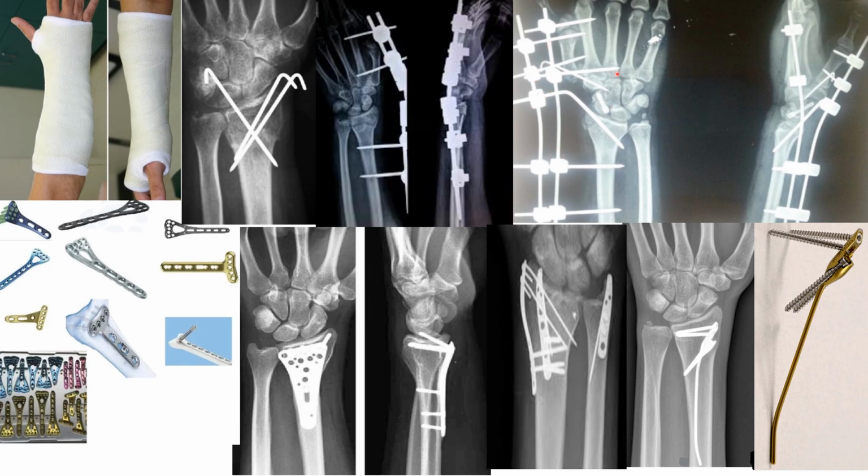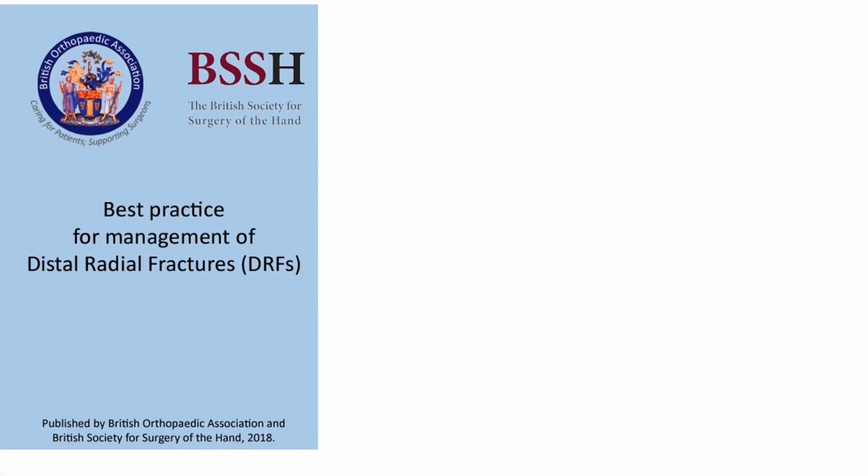This is a Herbert screw for scaphoid. Then we have a lot of plate designs. There are more than 40 designs of the plates that are available for distal radius fracture. We have the volar plates, we have the dorsal plates, we have the locking and non-locking plates. So we have a lot of options to choose from when it comes to plating. Then we have the rim plates. Then also we have the new kid on the block, which is an intramedullary nail for radius. So having a lot many options creates a lot of confusion in the mind of an